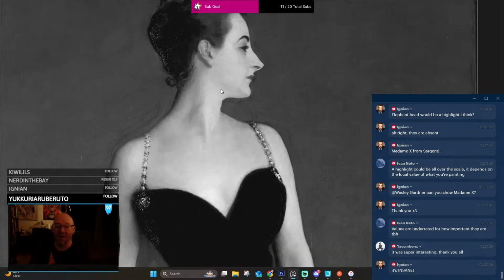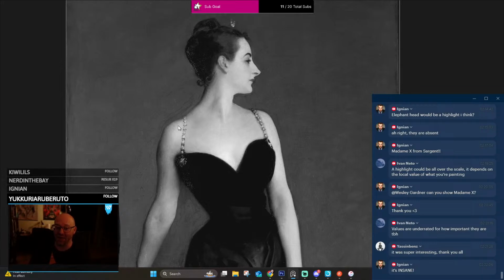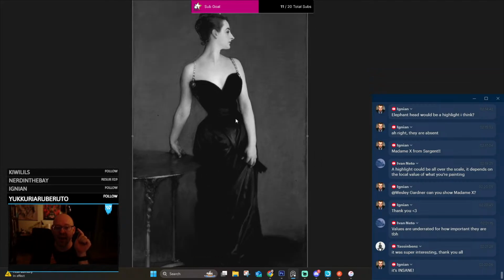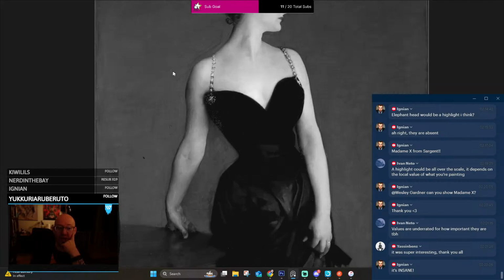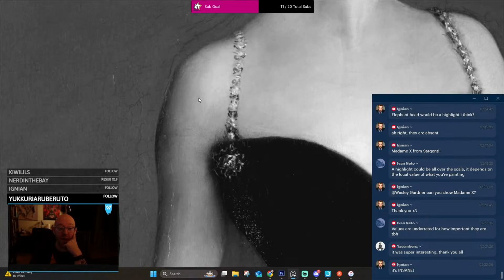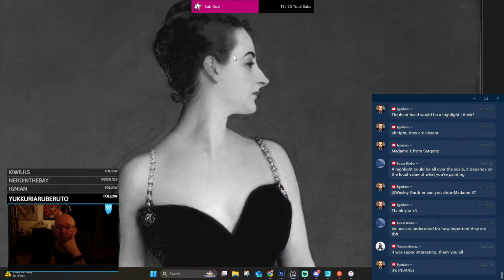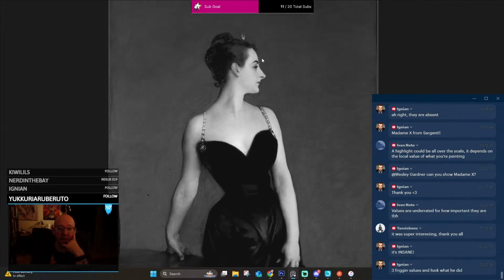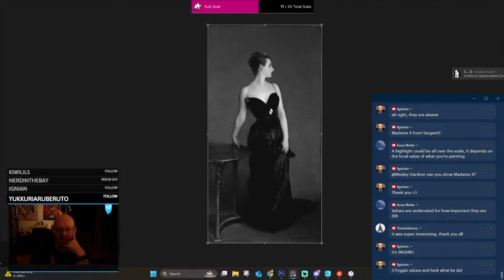So yeah, you want to talk about your lights and your midtones and your darks. We talked about 3 values. You can do an almost perfect master study of this exact painting using pure black, pure white, and 50% gray. So yes, it's true. There is stuff in the middle. You can use that whole value scale, and in fact, John Singer Sargent kind of looks like he did. But the readability of this comes from the separation of values. That's why a value scale is important.